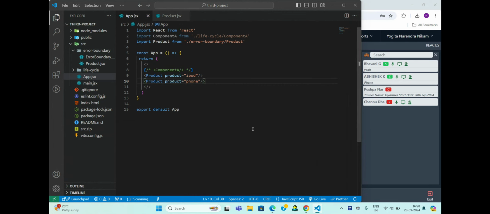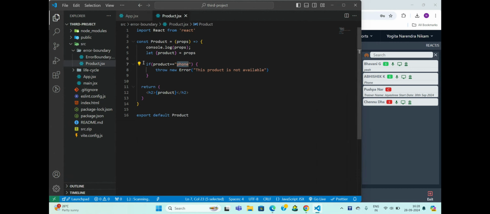Sorry, till here have you understood what I have done? I have just created a condition. I have just given a condition in such a way that it should generate an error on its own. We have created the error. Why? Because we want to learn how to handle the errors using the life cycle method in error handling phase.